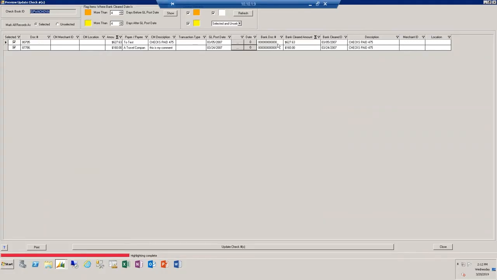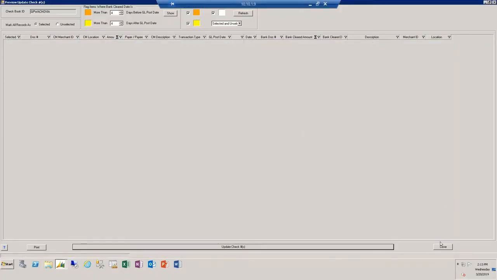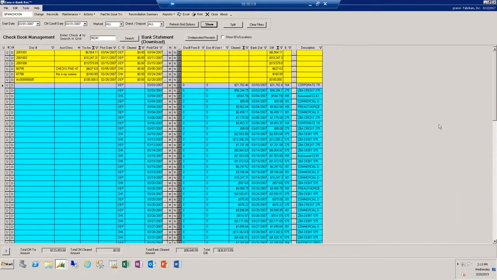These might be checks that the microencoding did not record properly, and therefore the bank was not able to read them. If I'm comfortable with these 2, I can basically take those 2 check numbers and automatically put them on the right-hand side. This would also work for EFT, ACHs, any kind of electronic activity, because typically banks do not put a document number for either inbound or outbound electronic activities, and therefore you often have to match them by